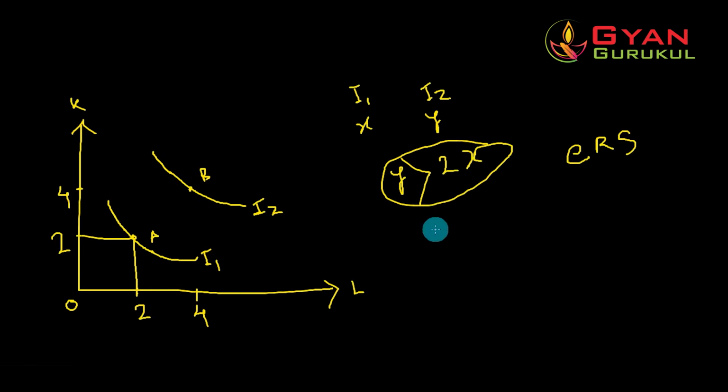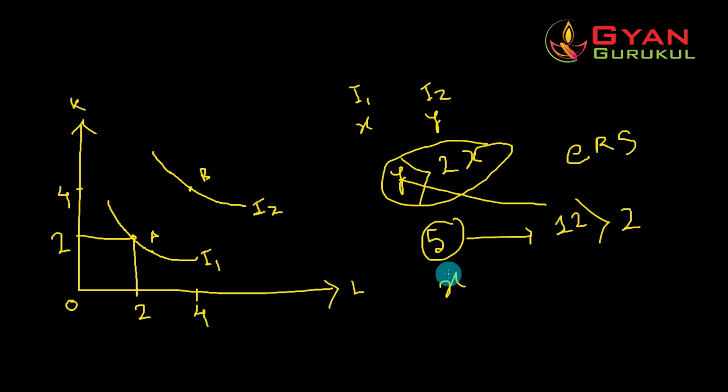If I have to show you numerically, suppose initially it was 5 at this point. Now here at I2 the output is 12, right? If output y is 12, then obviously it is more than twice x. What was x? x was 5. Now multiply 5 by 2, it would give us 10, and obviously 12 is greater than 10, right?